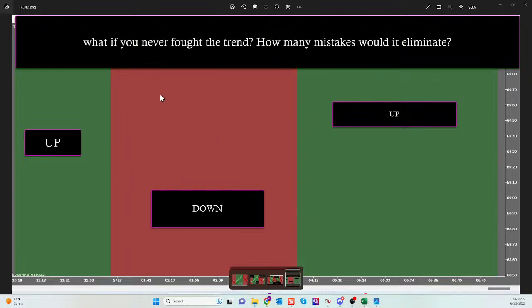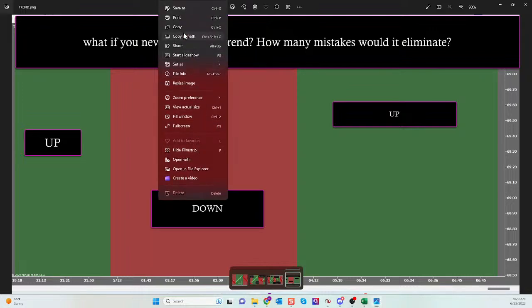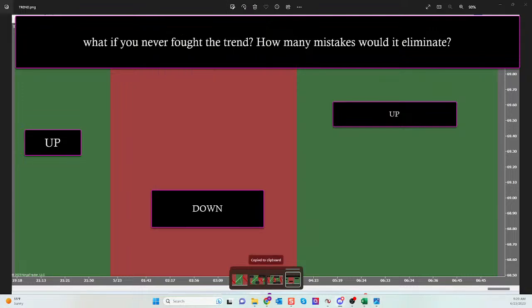Trading with the trend, guys. And I put that little note on there. What if you never fought the trend? I don't know about you guys, it would keep me out of an awful lot of trouble if I never fought the trend. Because when you fight the trend, you're forming an opinion. You've made the decision that the market should turn, sometimes from the middle of nowhere, because you'd rather it went down when everything says up, or you'd rather it went up. And opinions cost money each and every day.